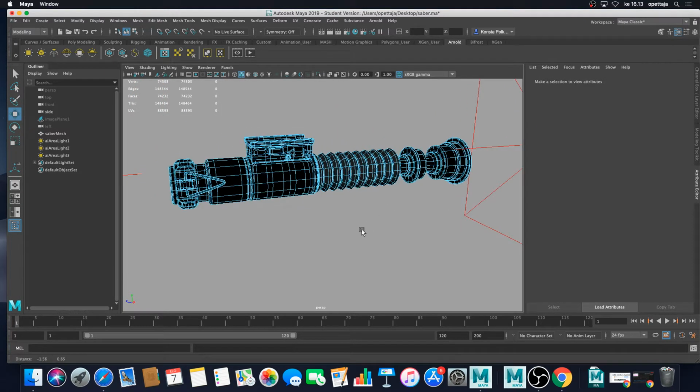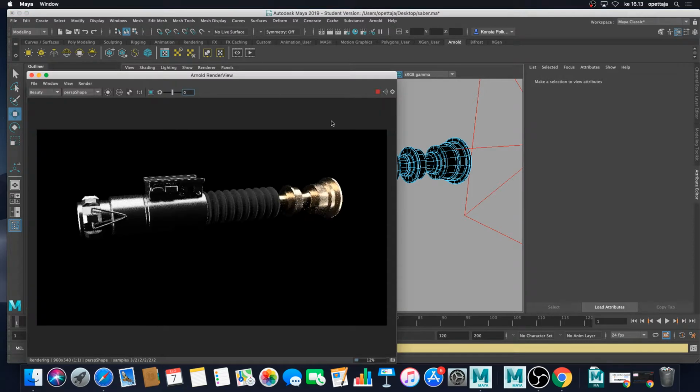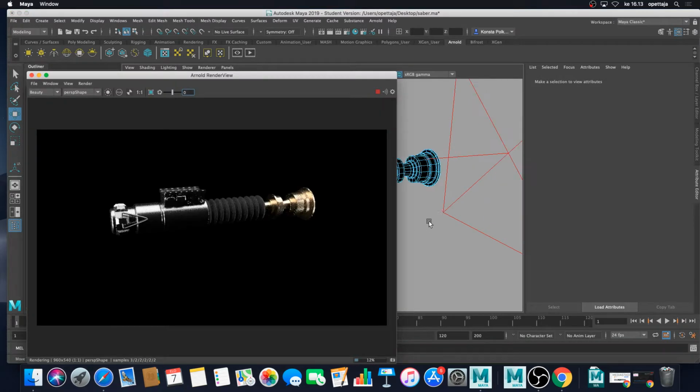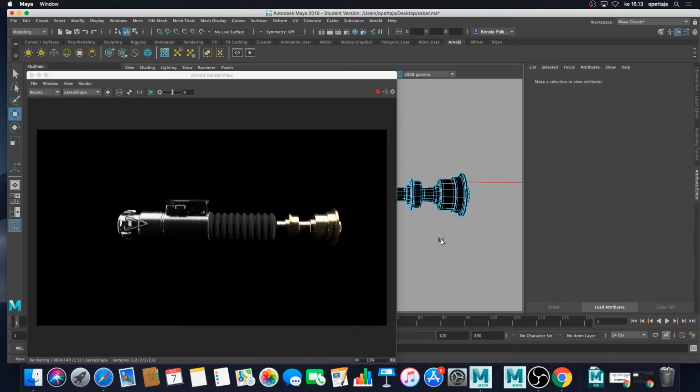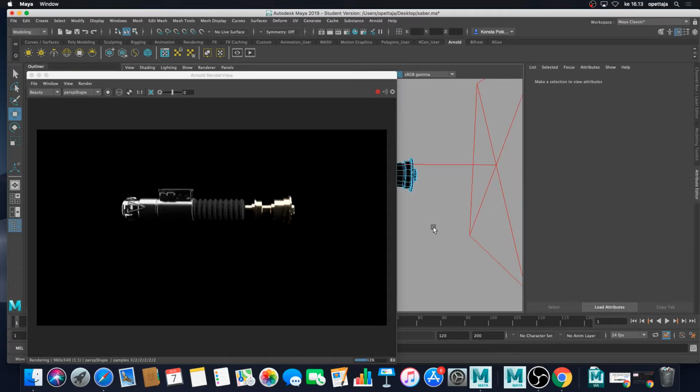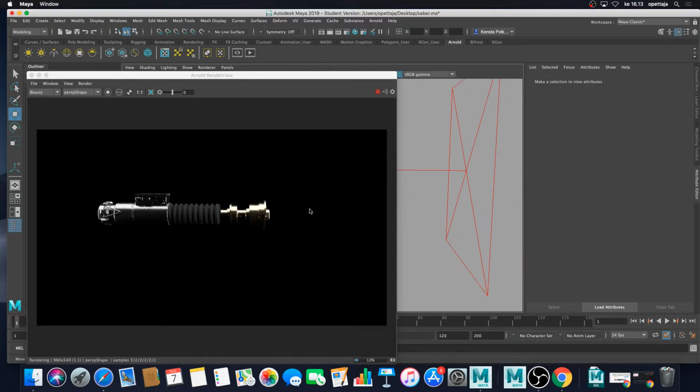And now let's see, I'm modifying this a bit, but for the most part, there is the saber. Probably I want to add around here black metal,